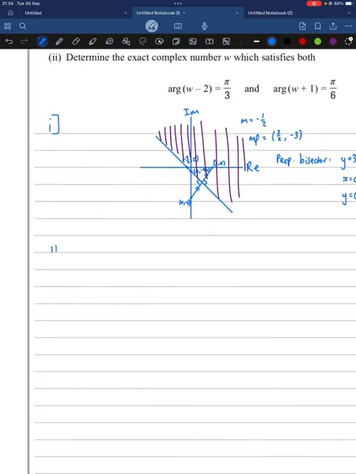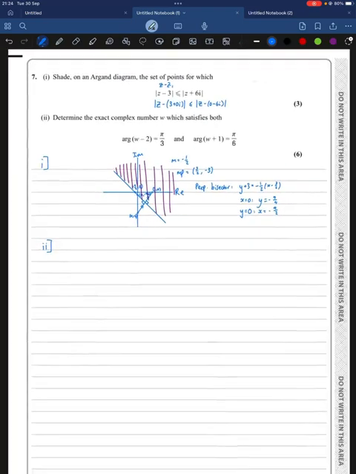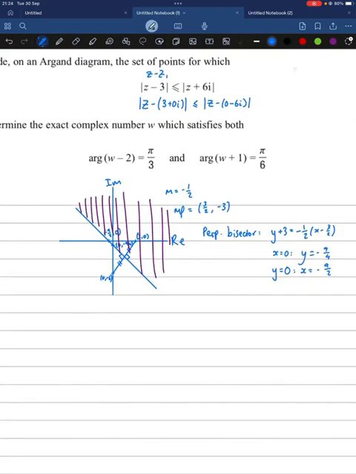Right, so that's part I done, now part II. Determine the exact complex number w which satisfies both of these. The argument of w minus 2 is pi by 3, so that's a half line from w minus bracket 2 plus 0i, so it's going to be from the point 2, 0. So this is the argument of w minus 2 plus 0i is equal to pi by 3,